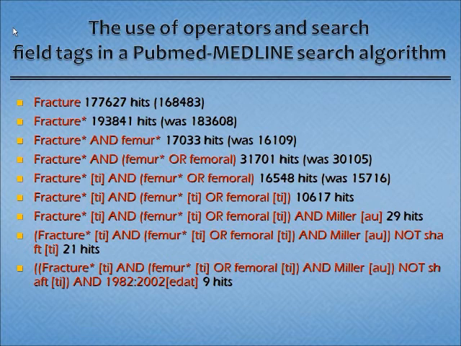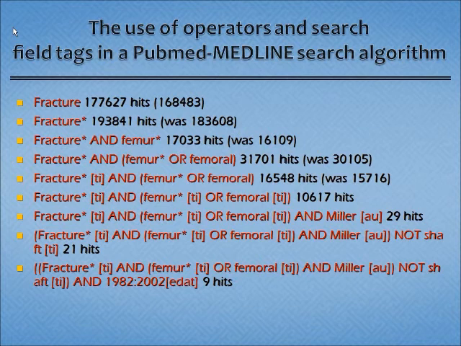But if you want to limit your search to fracture and femur, since fracture is a very broad term, and you want to limit it with a certain anatomical area or bone, you write like this. You put a Boolean operator here. AND means fracture and femur, so it searches just the texts which include both fracture and femur. It is this many, so you limited the results by around 7,000 or 8,000.